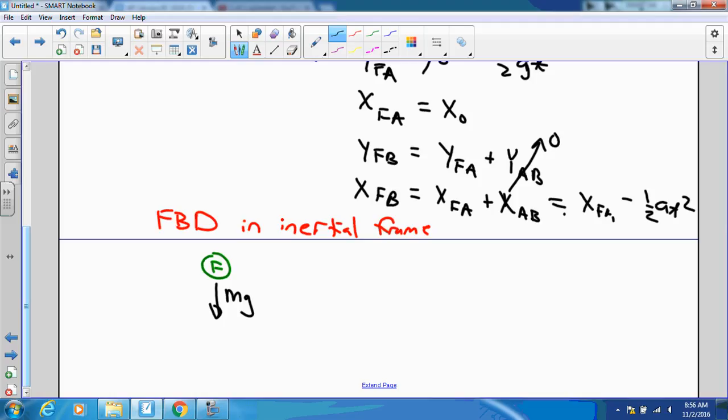If I do the free body diagram in Bob's frame, same forces. There are no additional objects that are touching the frog, and yet for frame A, the inertial frame,